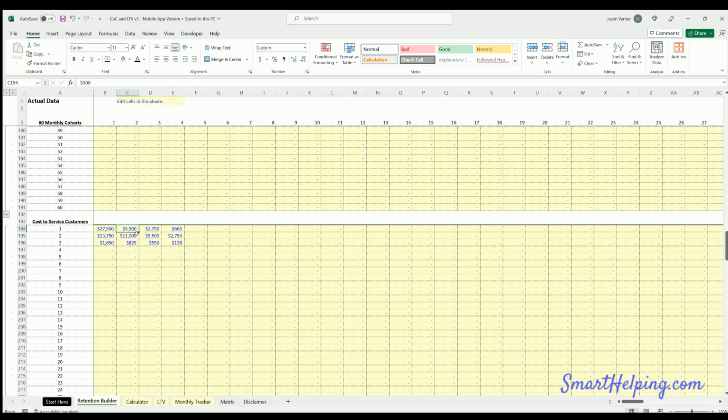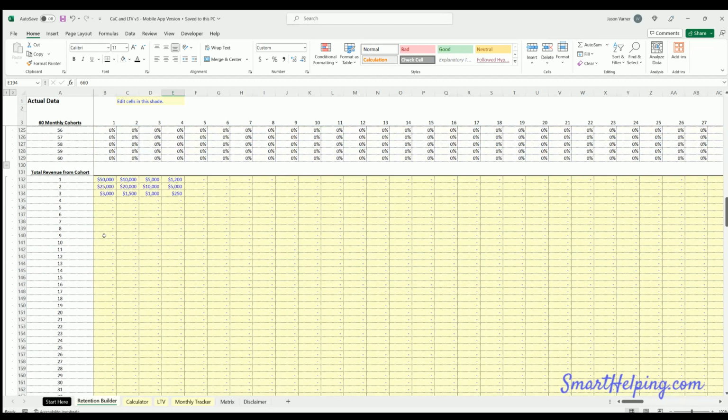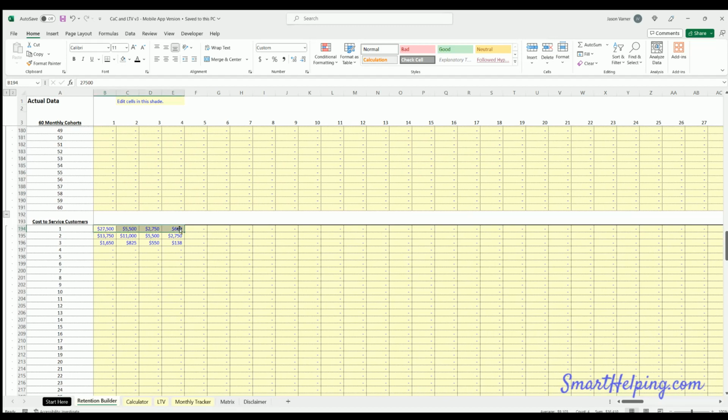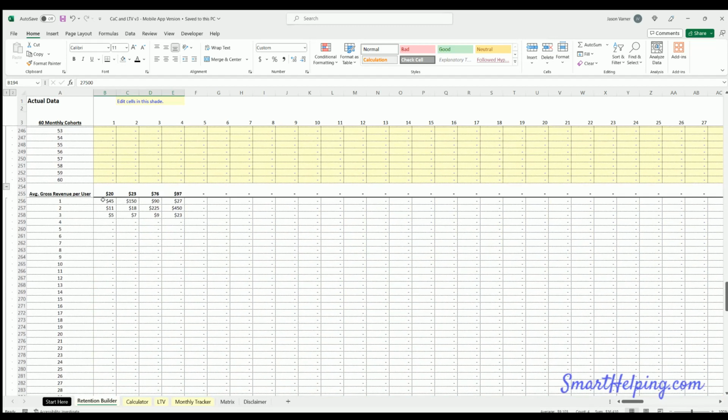Now, breaking it down, it could be a little bit more difficult. This really makes more sense if your customers have a cost per user that you can define. The easiest way to do this though is just look at your gross margins and multiply your gross margin by the total revenue, and that'll give you this number because ultimately we want to get to this average